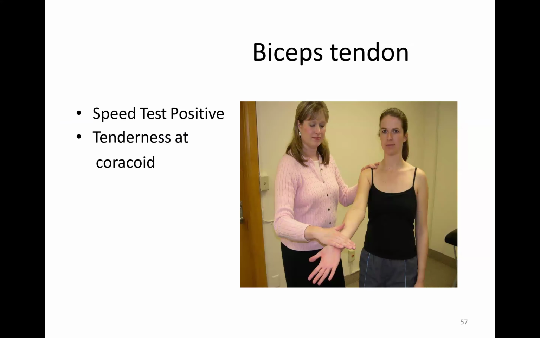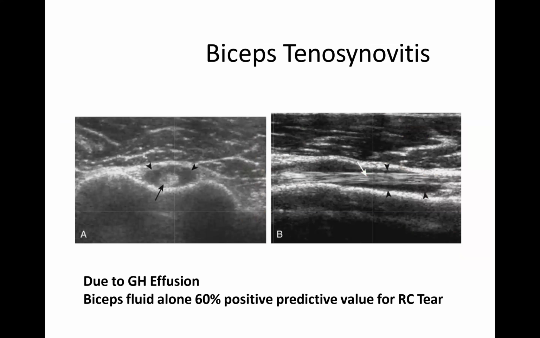So we look for the biceps tendon, the Speed's test. Patient has complaints of tenderness at the coracoid. There will be fluid around the tendon in the short axis and in the long axis. Biceps fluid alone has 60% positive predictive value of the rotator cuff tear. Whenever there is fluid around the biceps tendon, always suspect that there is rotator cuff tear. And